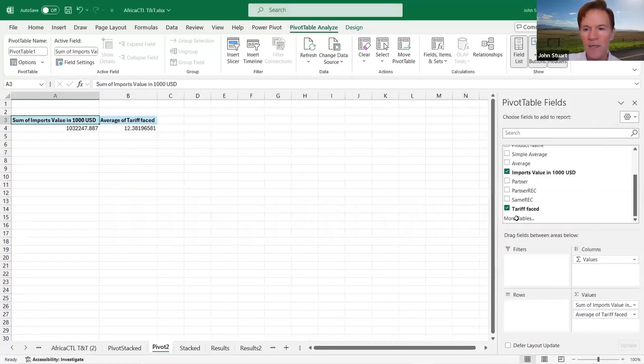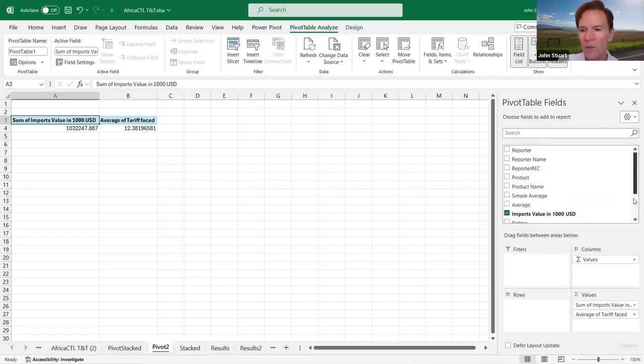So we've got two things in our pivot table already. We've got sum of imports and we've got the tariff faced. The only problem is we don't have anything regarding the countries. So I'm going to just go back and see. Now we want to go by REC. So we are going to go to,